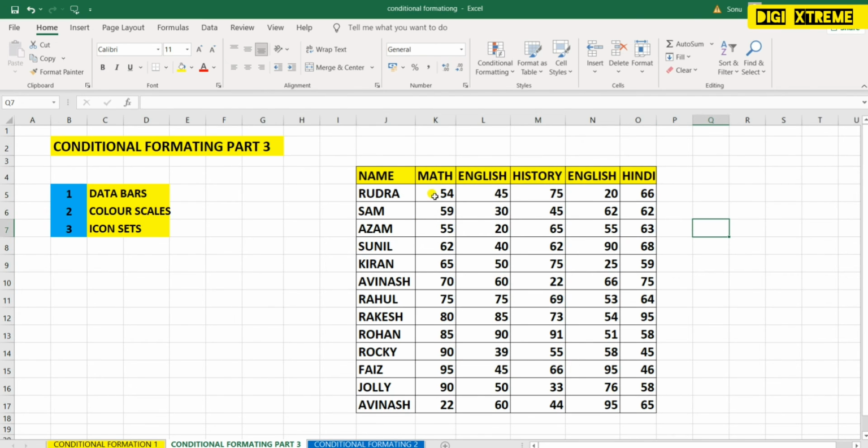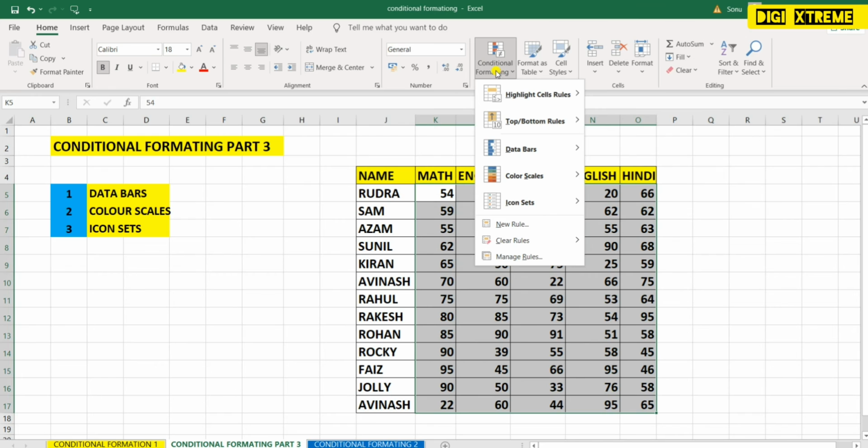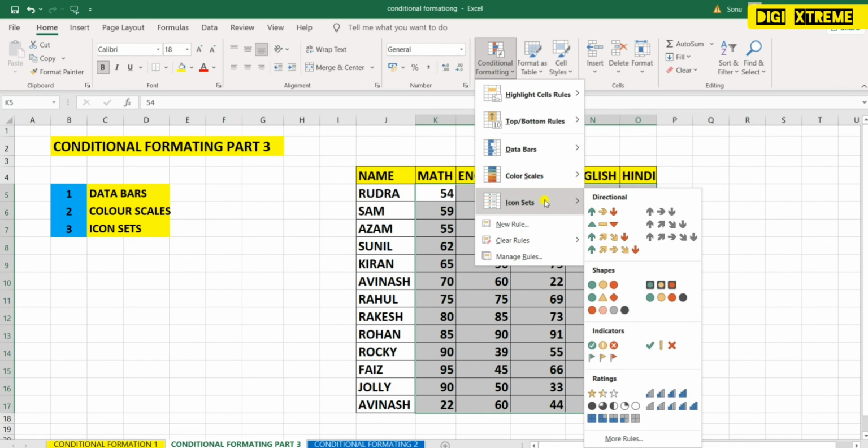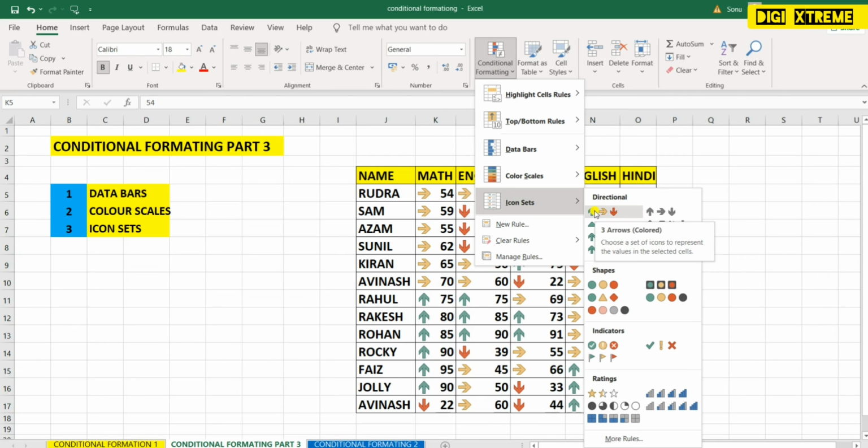Alright, let me select, and then we'll go to the next one, icon sets. You can see 3 rows. Choose the icon set to represent the value in the selected cells.